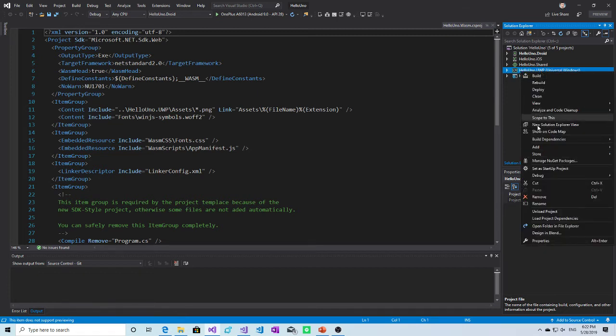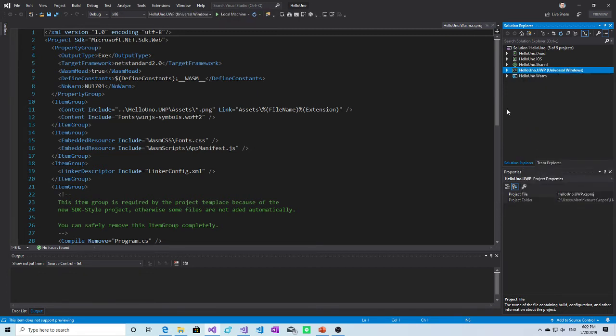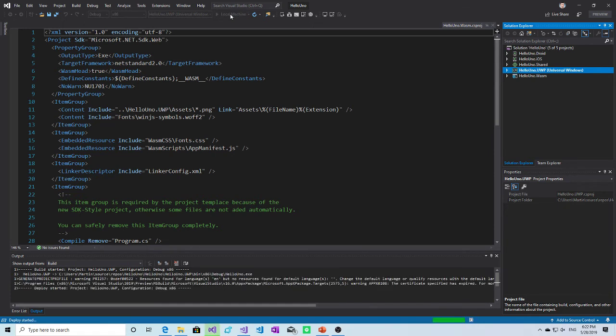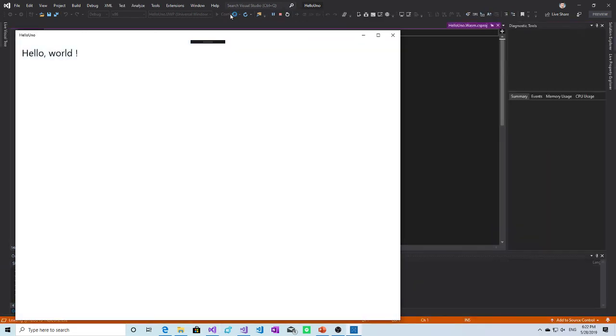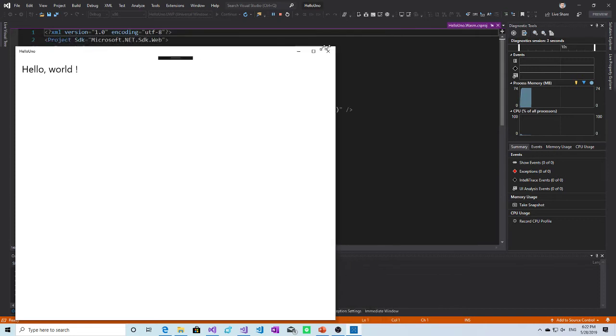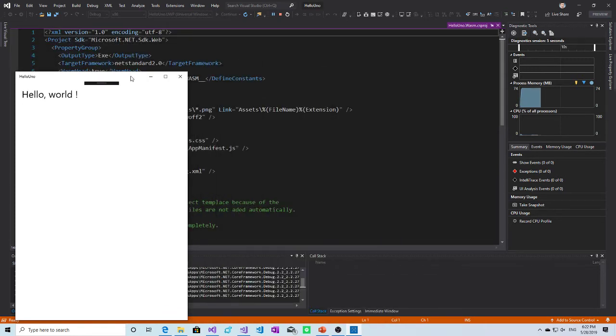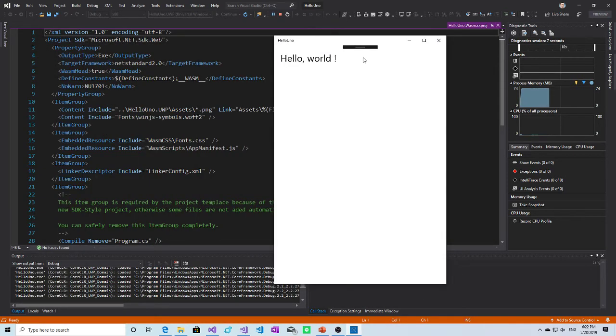I'll first set UWP as the startup project and use local machine to run it. In a few moments we should see our Hello World application. So that's a normal UWP application. It works just as a normal window and it says Hello World.